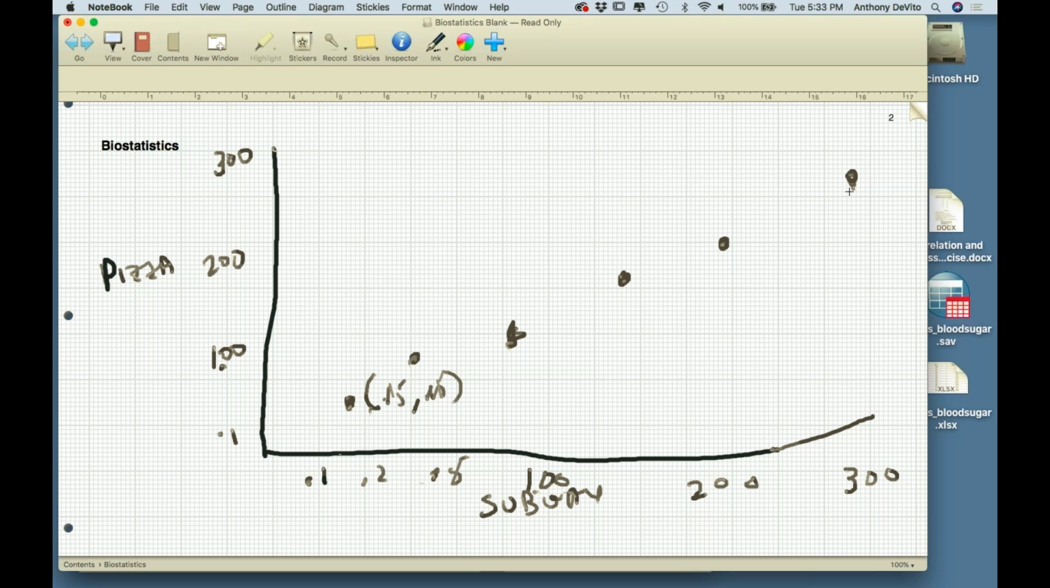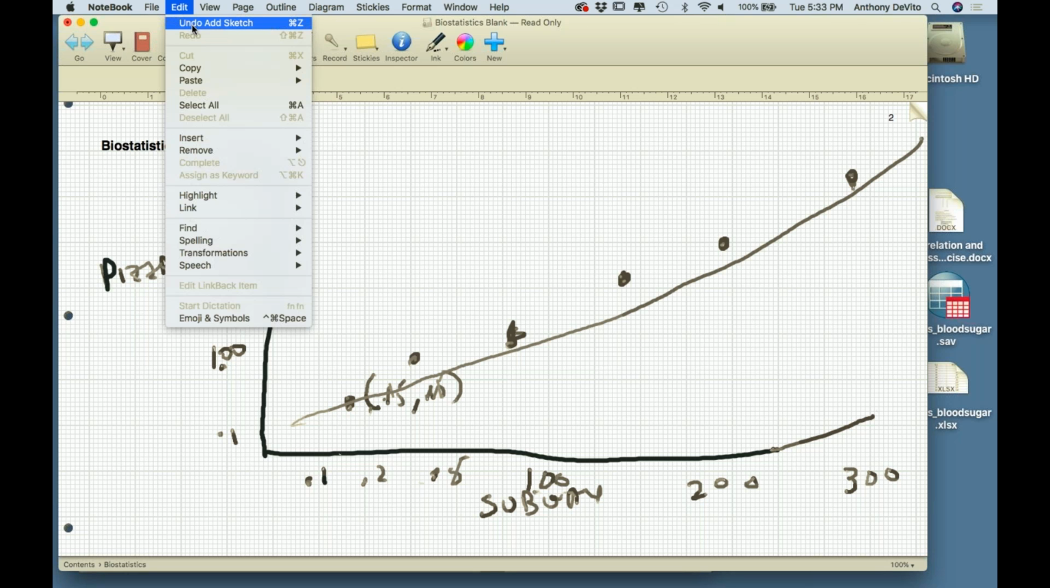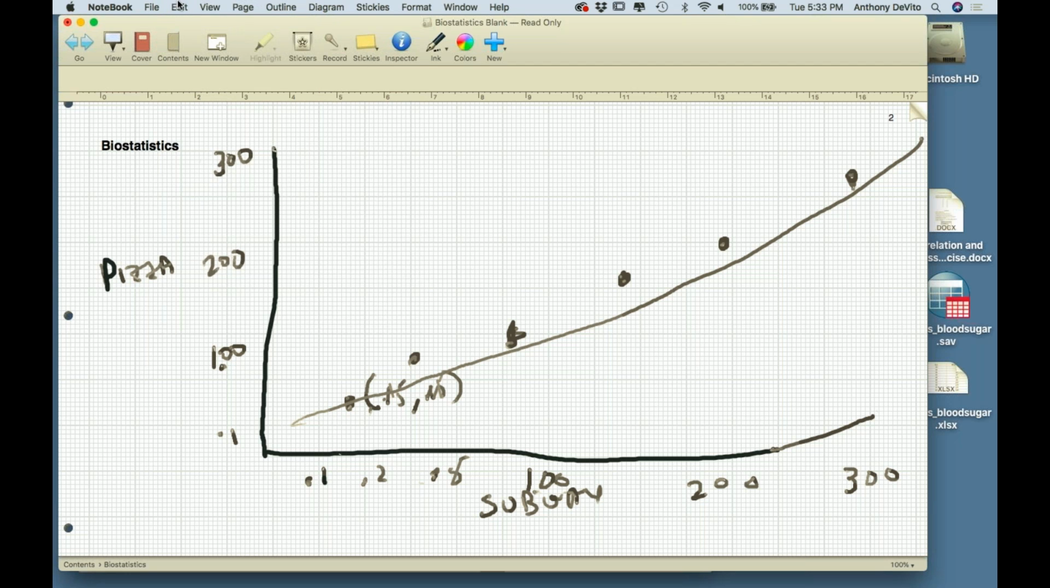As one goes up, the other one goes up. That's what we refer to as a correlation. It's an association where when one changes, the other changes along with it, right? So if I wanted to, I could draw a line between these. Actually, that's not a great line because it's below all of the values. I could draw a line that approximates,